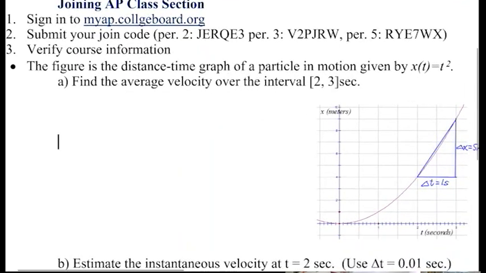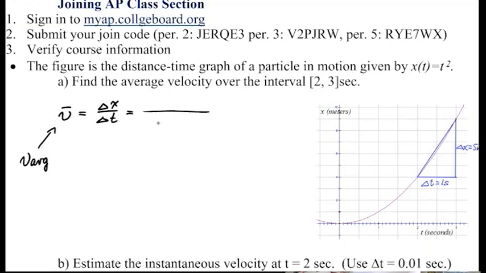Now, this is typically the average velocity. This means velocity average in physics books. Okay. Now, that is, of course, defined by delta x over delta t. Meaning, if we have t2 minus t1 in the denominator and the numerator,